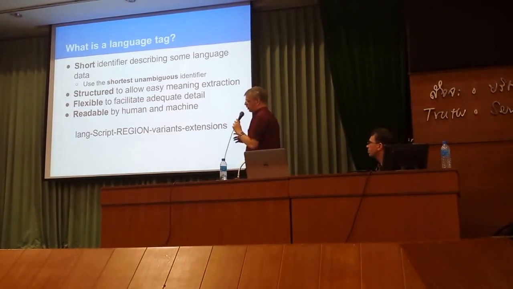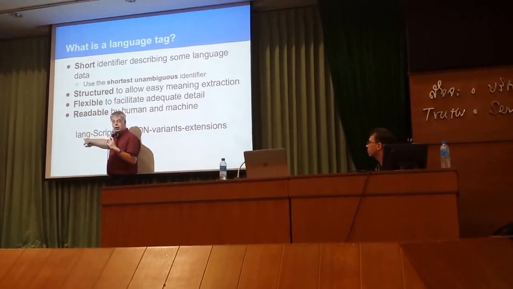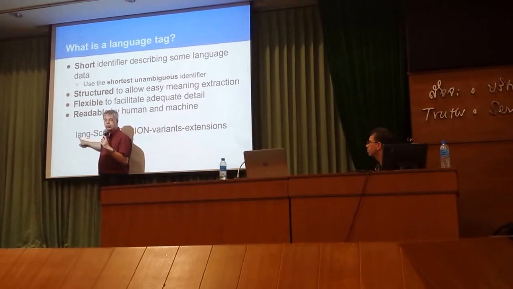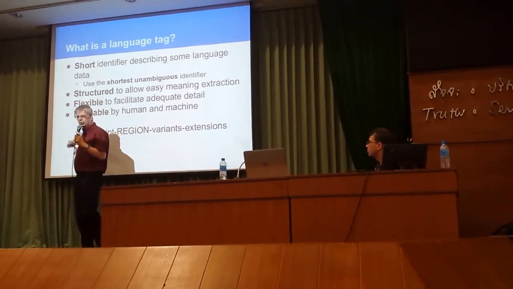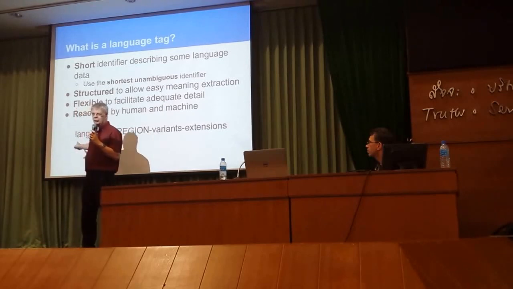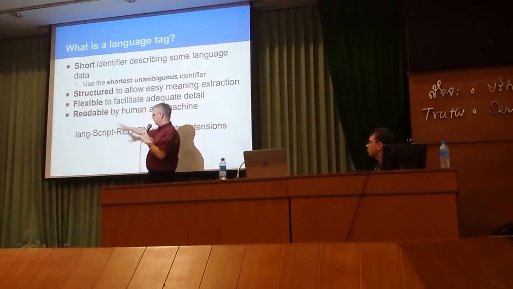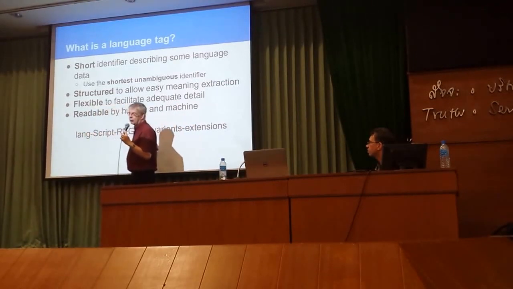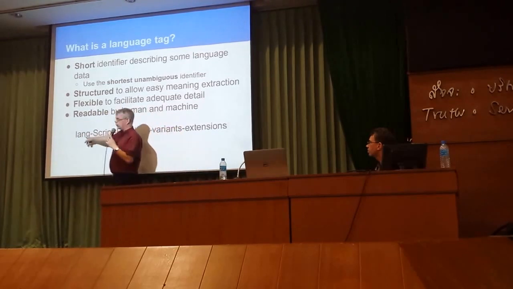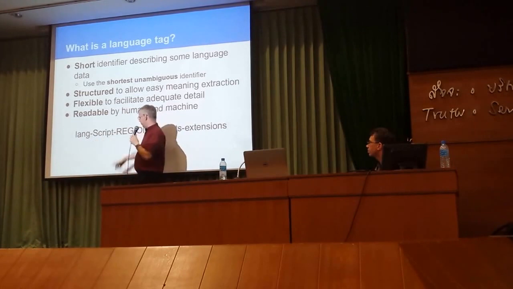So a language tag typically consists of a 3-letter code, which is the ISO 639 code. That's why ISO 639 is important. That's really the only reason why ISO 639 is important, because it's used in language tags. People seem to think that ISO 639 is something special on its own. It's not. Its real value in the industry is because it's used in language tags. So the ISO 639 code comes first, followed by, and I'm going to rattle off these numbers because I remember them and it's quite fun to impress people,